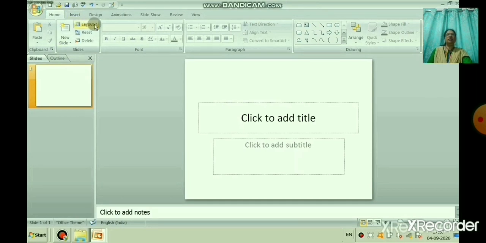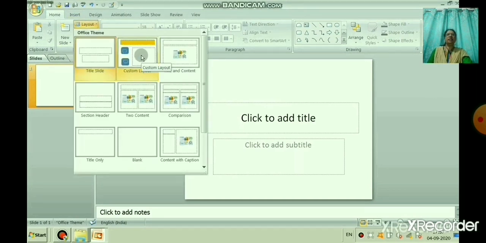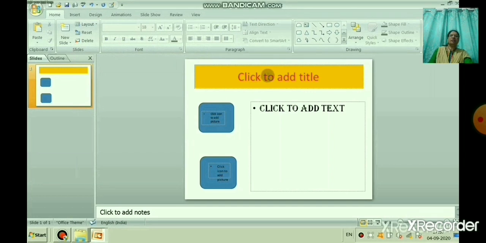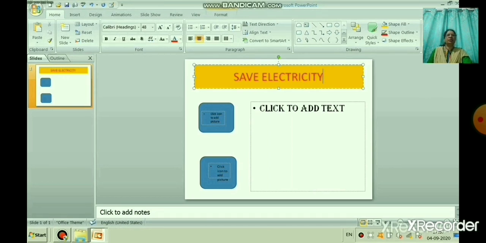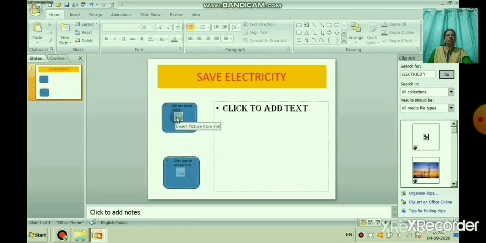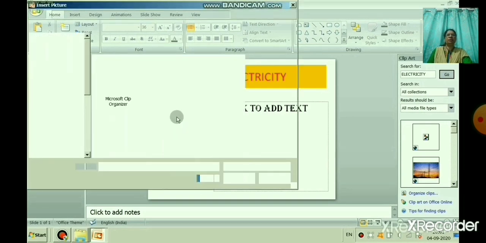You can see the layout here which I have created. Now I want to create 10 slides, so I will take the same layout. For example, I am writing here save electricity, and on the left side I want to insert two pictures.